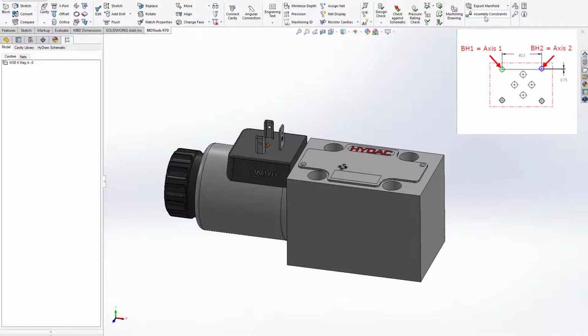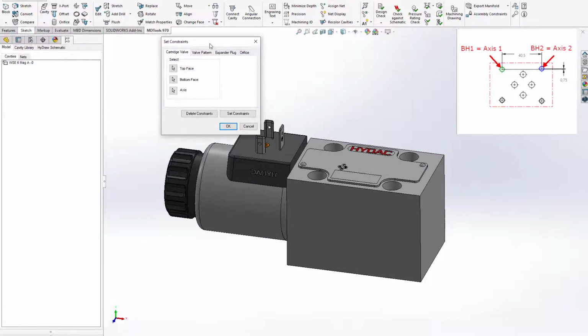Click on Assembly Constraints, select the valve pattern,